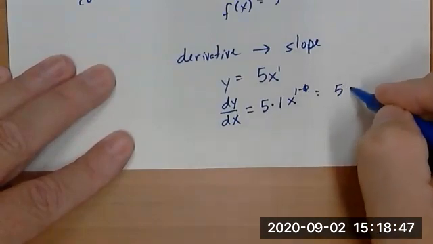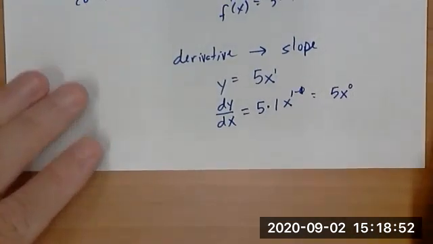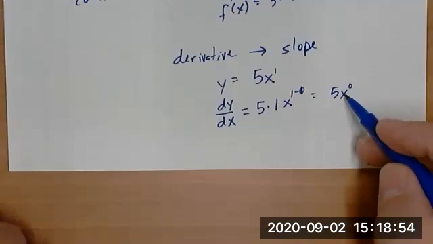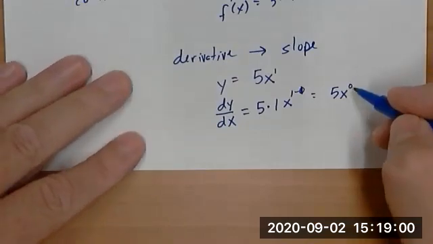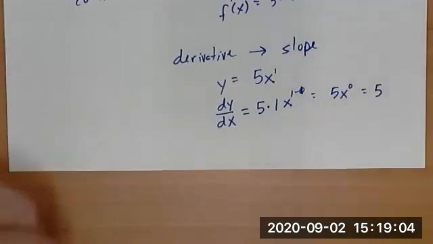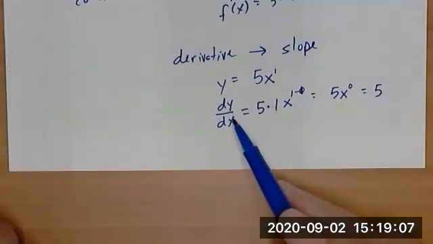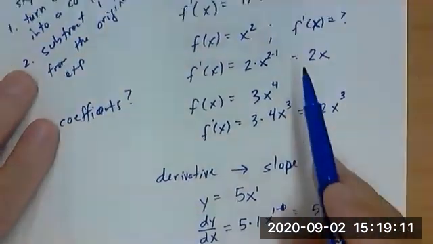Base, you end up with 5x to the 0. Hopefully you all remember from your exponent rules, what is anything raised to the 0 power? It's just 1. So this is 5 times 1. So it's interesting, in this case, the derivative is just a number. The previous examples we did,